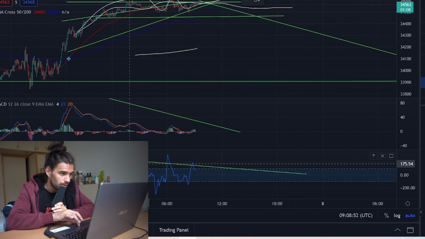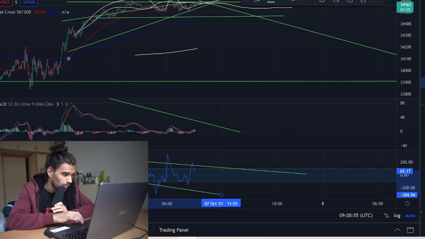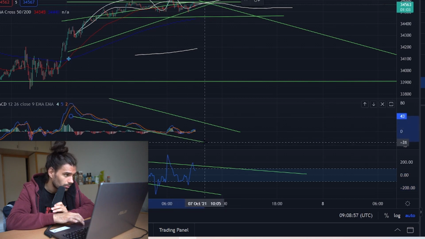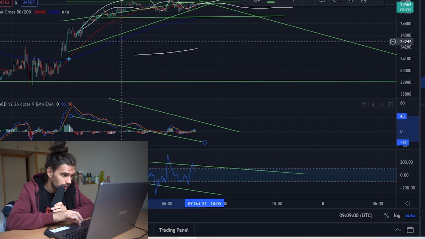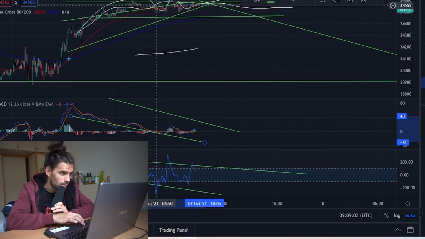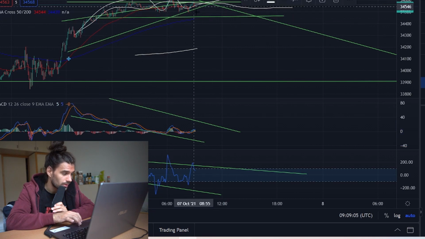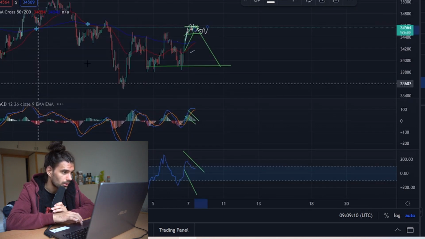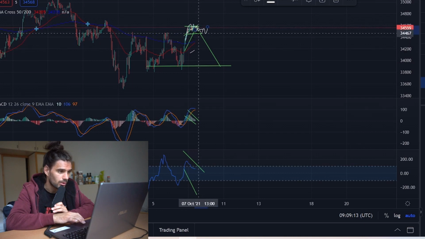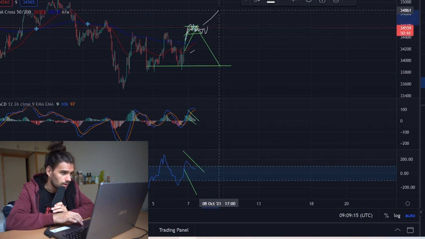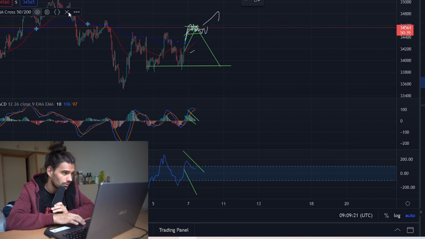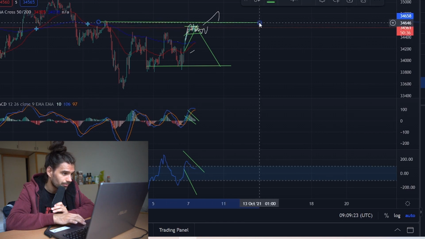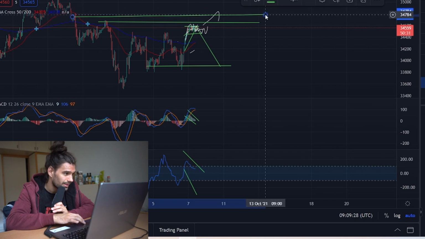the 200 EMA here, and at the same time we form a bullish hidden divergence where the CCI is going lower while the stock market trades above this line, which is the support line at the 200 EMA. And then we go higher, which would be on the 1-hour chart something like this. Then we could go to one of these resistance lines. Well, first of all, to this one,